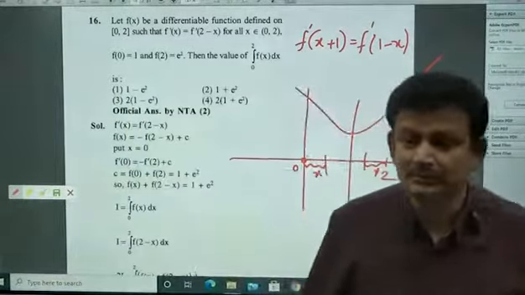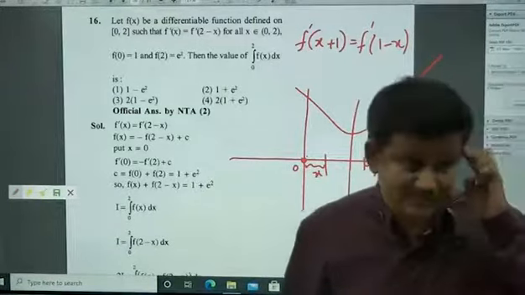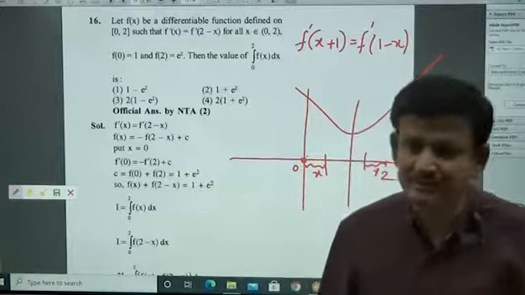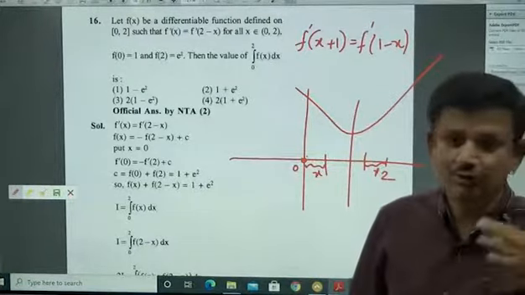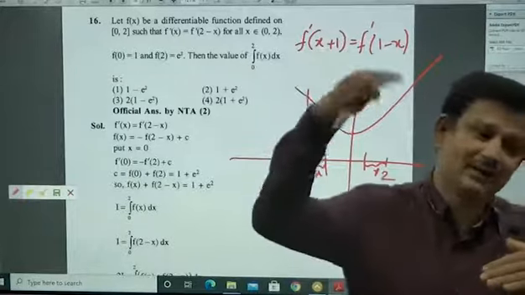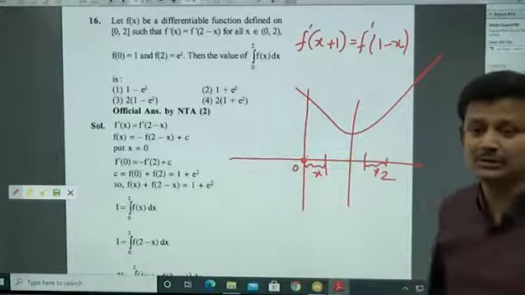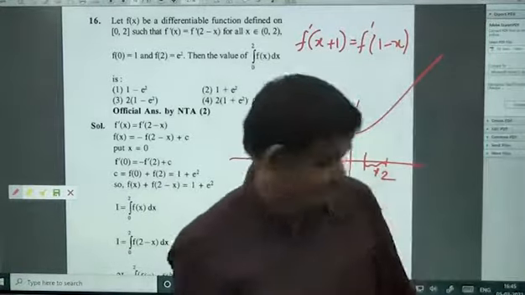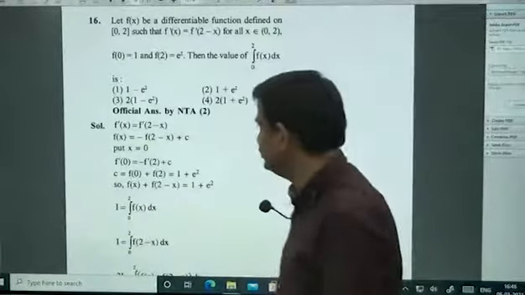Is that clear? All of you? So if this side it is an increasing function, that side it will be a decreasing function with the same rate. So whatever area is removed here, same area will get added there. That is how the sum is constant. Is that clear? That is the whole geometry idea behind the question. Analytical is also fine.